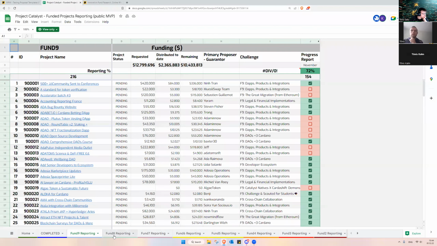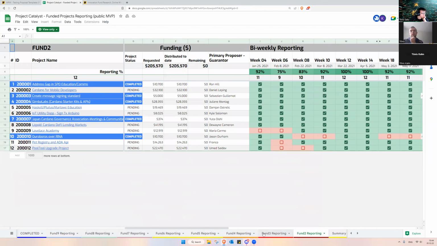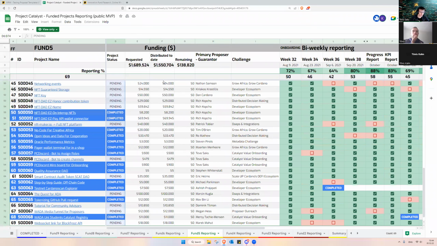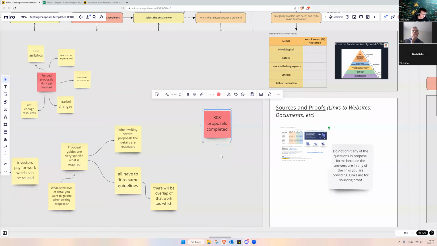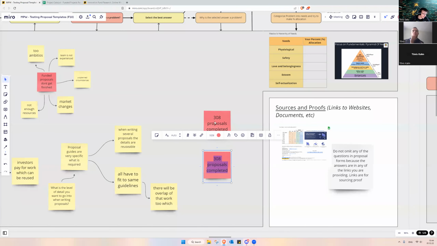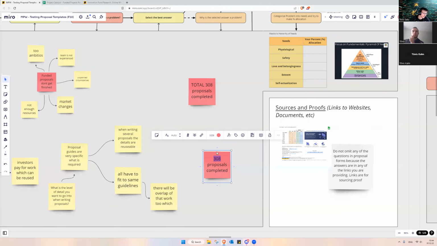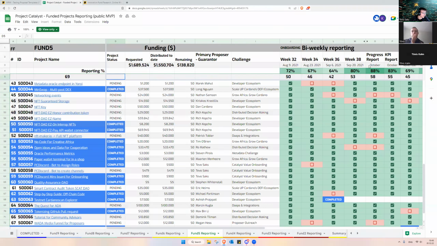Fund 9, I think this is, yeah, let's start with old proposals, but not too old. I think people learned, we learned, but at some point, let's say, Fund 5, this should be all completed, but there is a huge pending amount. Okay. So we have a total of 69 proposals funded. That is a total, so this number we may not actually need at all. 69 proposals funded. And then we filter how many got